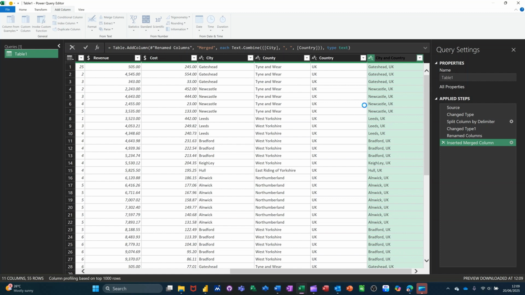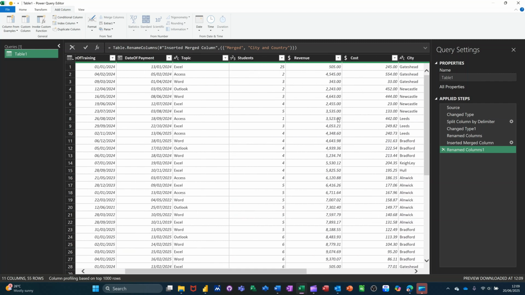That'll do. Rename that city and country, and if I don't like that, I can just delete that off and forget about it. Now there are some calculations you can do in the Power Query Editor. For example, I've got revenue and cost here. If I do a little calculation where I work out the profit on this, so if I highlight that, hold my control key down, highlight that, go to